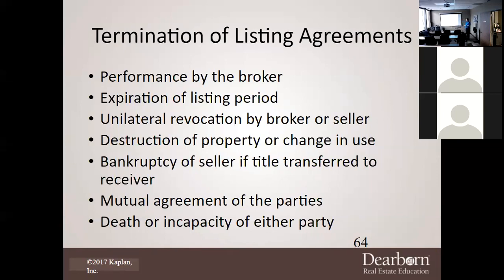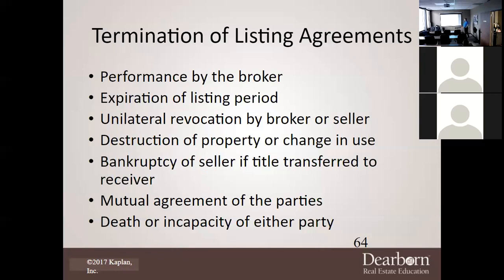Okay. Now the expiration of the listing, that could be just the time frame has lapsed. It could be a unilateral revocation. Did you see that again? Unilateral revocation by the broker or the seller. Did I say and? No. Mr. Eugene can say, Travis, you suck, you're fired. Okay, it's done. Or Travis could say, Mr. Eugene, you are the worst damn client I ever dealt with. Get out of here. You know, it could be either way. Okay, but if you noticed, Aiden, did I ever say bilateral? Nope. What did I say? Unilateral. And that means how many people? One. Just one.